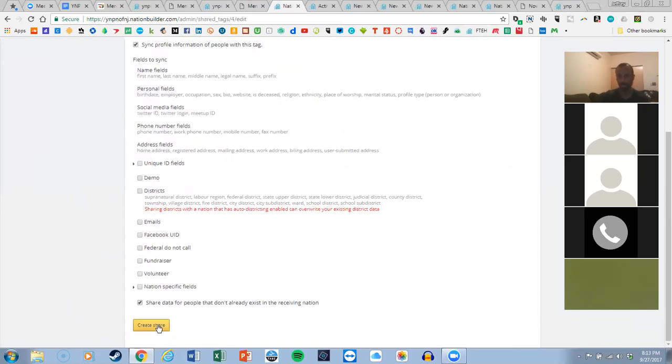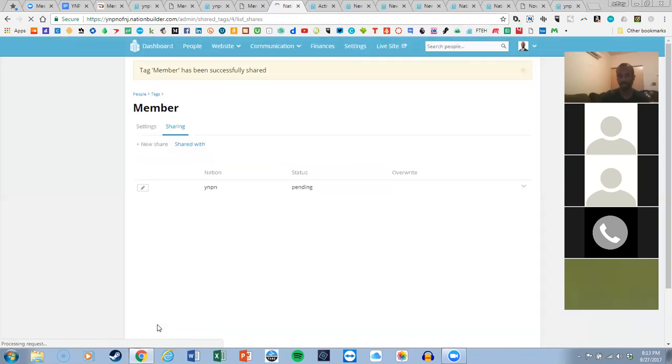So once you hit the Create Share button, you will get a note that the tag member has been successfully shared. And from your end as a chapter, you can come back and check on this, but everything is done from your end. What happens on National's end, and I'll just pull up another screen to show you, once your chapter has shared that member tag,